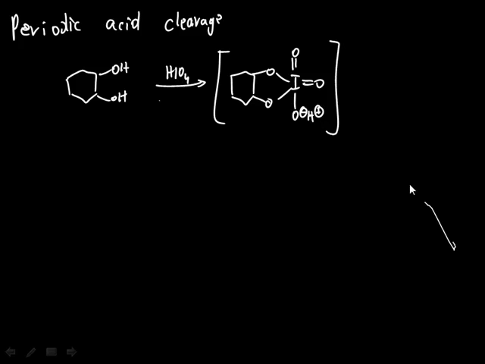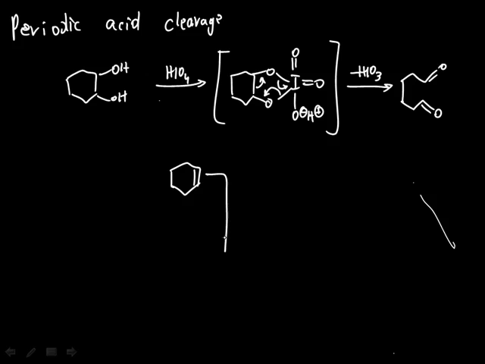The rearrangement of this intermediate will cleave the central C–C bond, place this electron pair onto iodine, and reform another C–O bond. And after elimination of HIO3, which is no longer periodic, but instead iodic acid, we will get to this aldehyde. This reaction in a way is complementary to ozonolysis, because now we can start with an alkene and get to a dialdehyde,